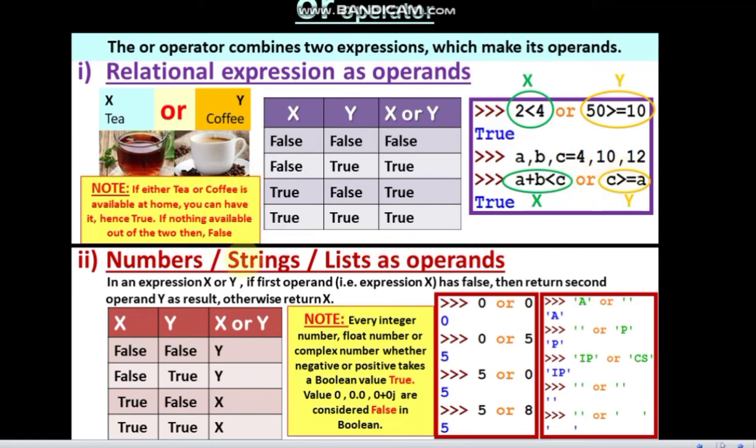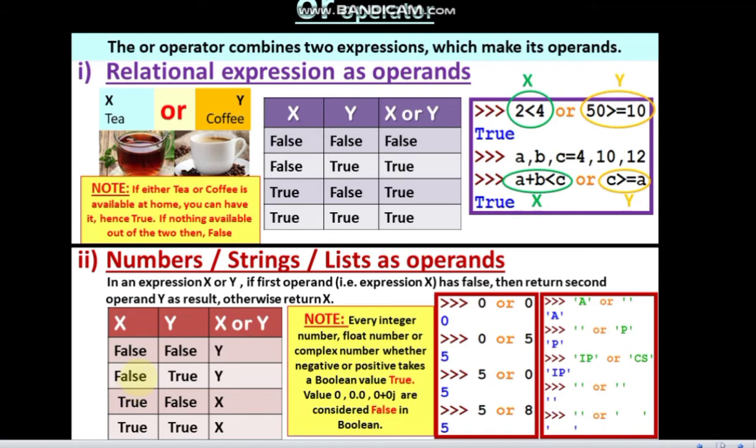But if we use OR, where the expressions X or Y are some kind of numbers or strings or lists as operands, then what will be the answer? Actually, we have this chart. If the expression X is false and Y is also false, then the value of Y is returned.